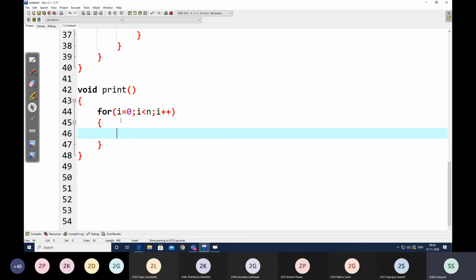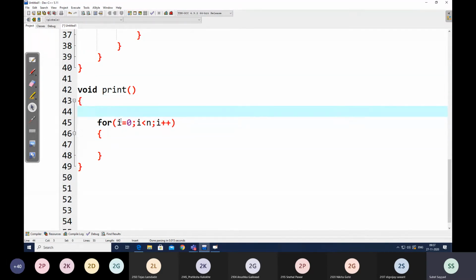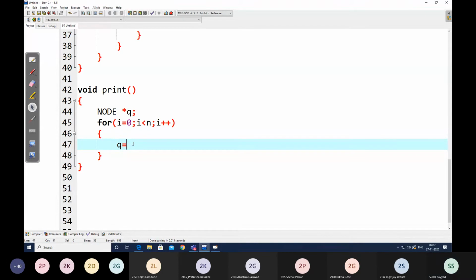We start from the first node, we keep on printing the value and we reach till the end, right? Initially we take one node pointer for traversing purpose, which I take in the form of q. This we have already done, right? So what is the initial value of this q in the traverse? Usually it is start.